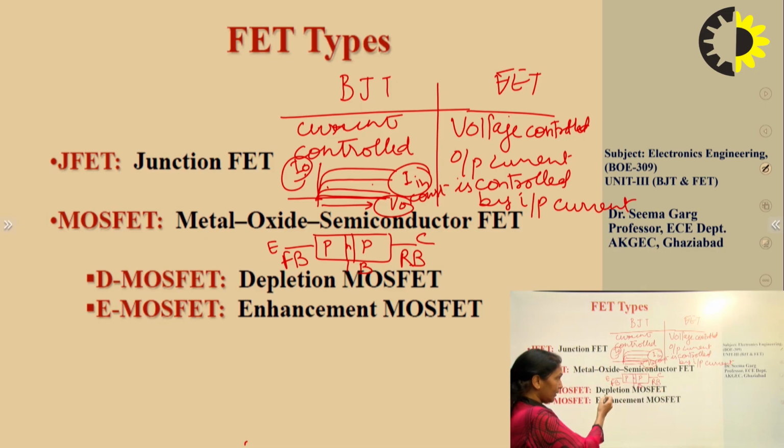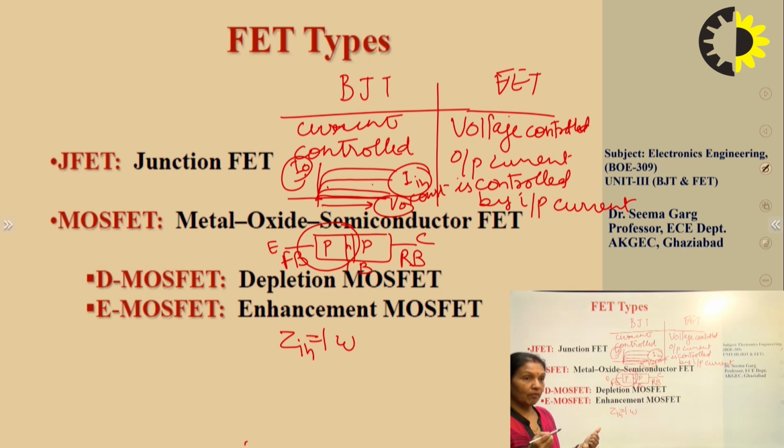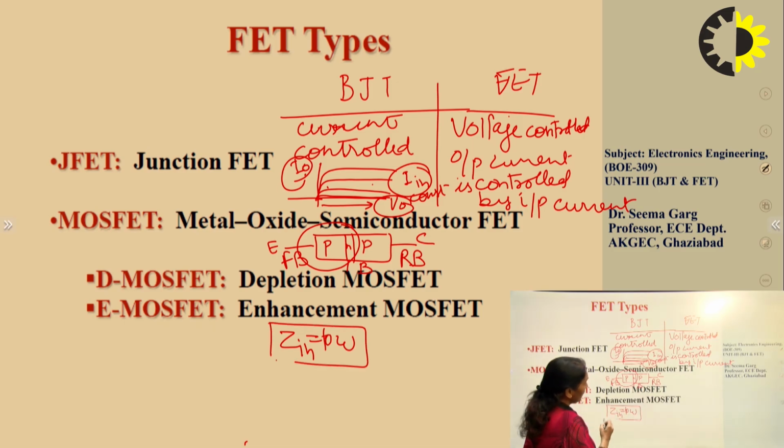For that reason, the input impedance of the BJT is low. Because this is analogous to a PN junction diode being forward biased, and we know that when we forward bias a PN junction diode, it offers a low resistance path, and that is why the input impedance of the